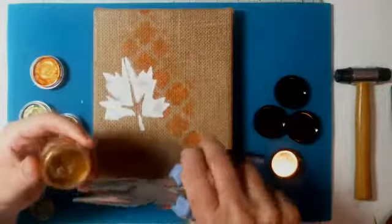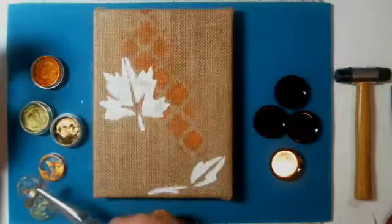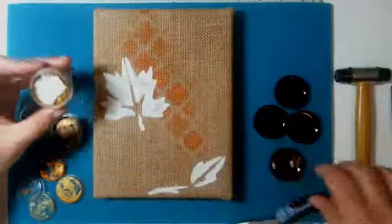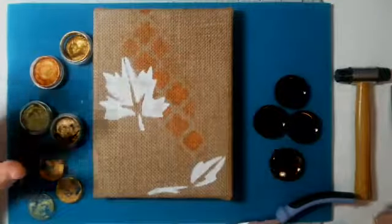That's great. I did not know that. And it lasts forever. Yeah, JJ and I got these at the Stamp Fest we went to. One of the booths had them, so I got a couple of the colors. Okay, so the reason why you put the wet wipe in there,